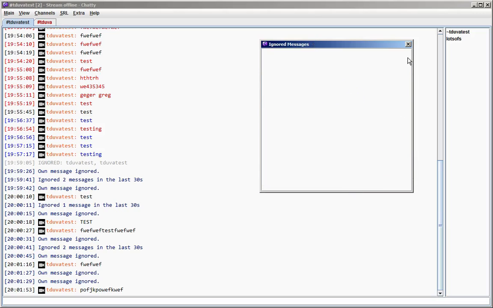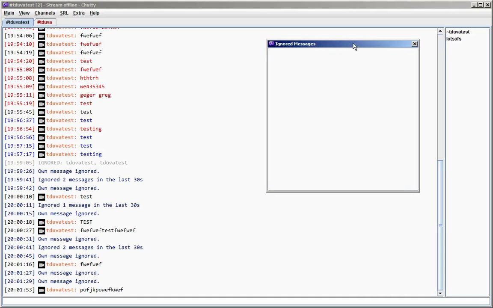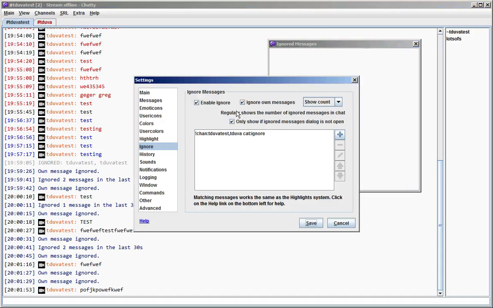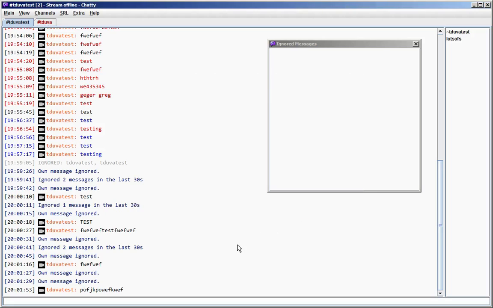And you can also clear it, like the ignored messages dialog. So this setting here basically prevents anything from showing up here hinting to an ignored message if this dialog is already open.